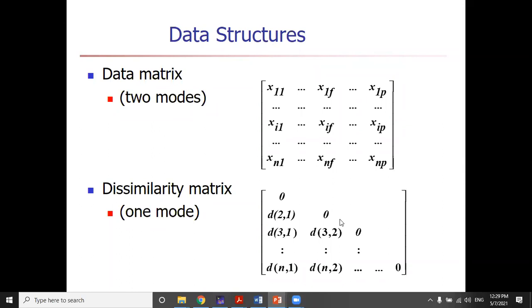So এই যে diagonal element গুলো zero কেন বলতে পারবে? Why are these diagonal elements zero in this dissimilarity matrix? Why have I written these diagonal elements as zero? What do you think? Sir, these are not zero, they are close to zero. No, why are they close to zero? Definitely they are close to zero. The distance between the two objects is zero. But why is the distance between two objects zero? সেটা জিজ্ঞাসা করছি।